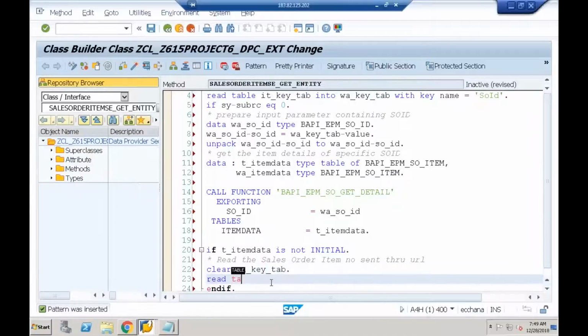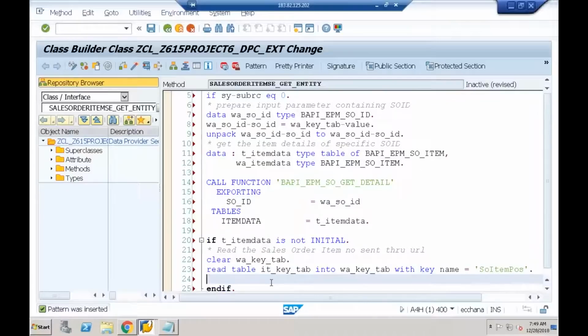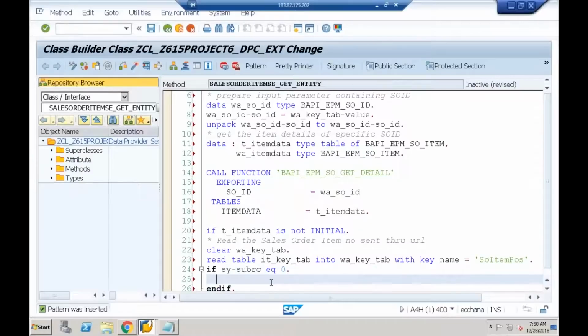Now I'll say read table it_key_tab into w_key_tab with the key. What is the second parameter we observed? SOITMPOS in uppercase, SO item POS. Done. Then if size of ours is equal to 0,